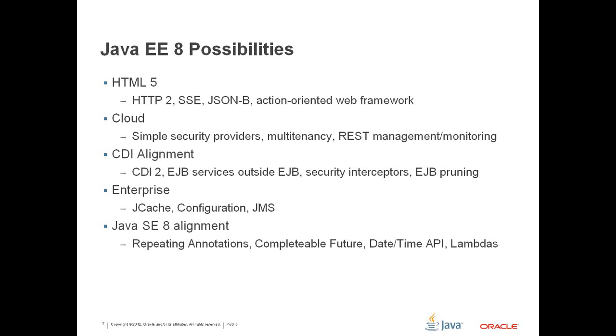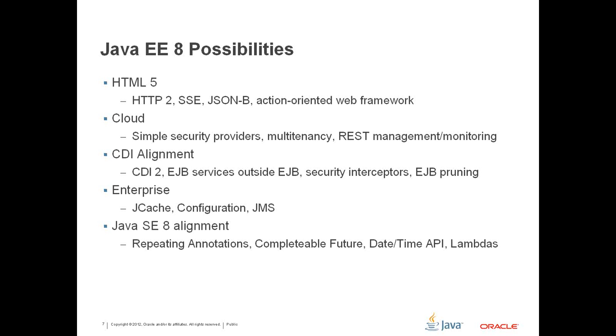Another big-ticket item that's very salient in all of our wish lists and surveys is work towards simplifying security in EE. So we'll be doing a bit of that work. There's potentially a REST-based management and monitoring API that we want to add. A lot of people want that for DevOps type things and cloud environments and the like, to do things like provisioning and deployment and undeployment, some basic monitoring and the like. We'll be continuing our CDI alignment work. A big part of that is going to be CDI 2, which comes from JBoss, good folks at JBoss, or good folks at Red Hat to be more specific.